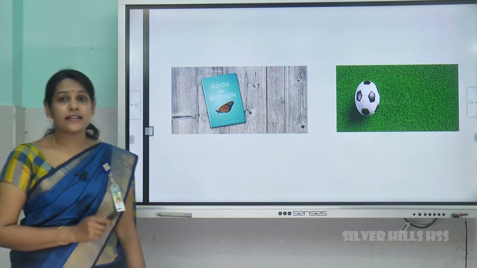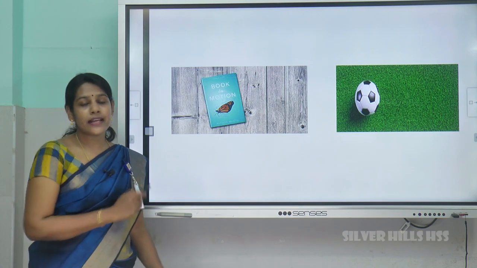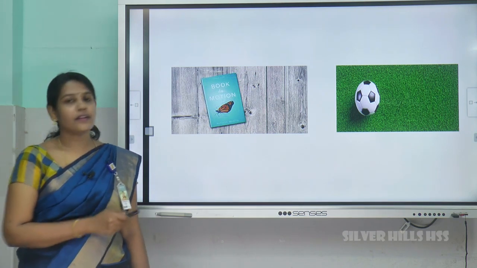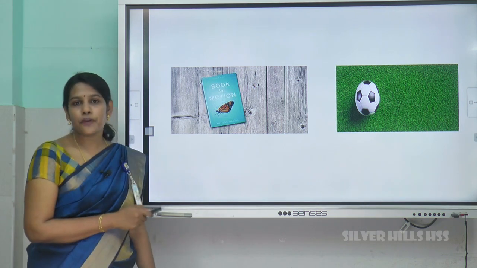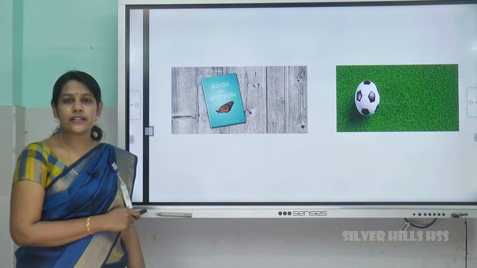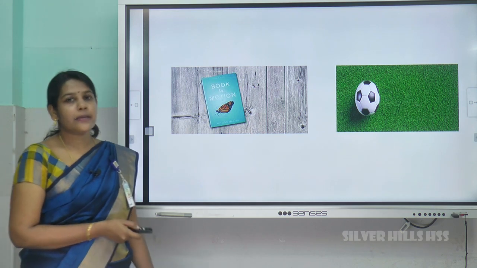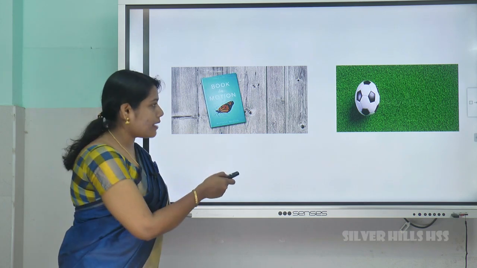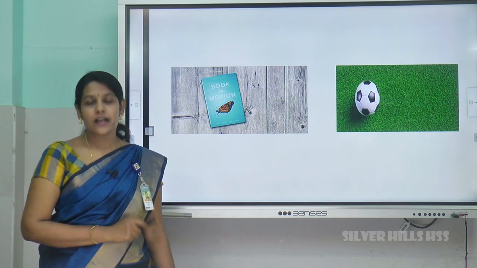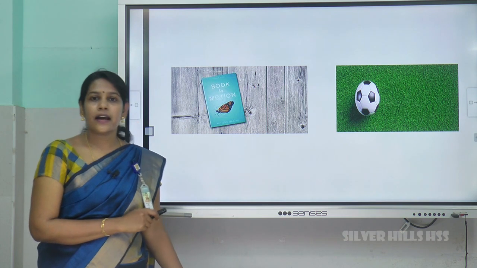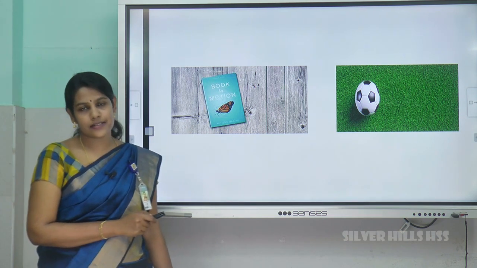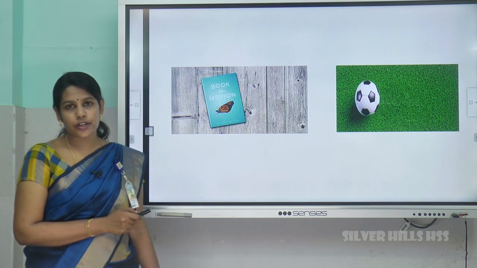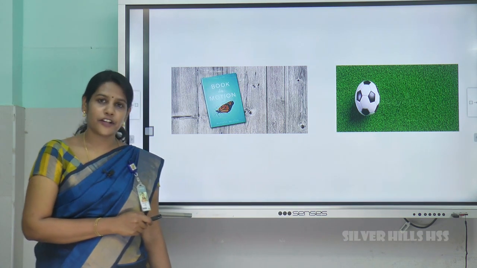Why does this happen? In both the cases, you can see that it stops after a while. This is because there is a force acting between the surfaces in contact. That is, between the surface of book and table and between the surface of ground and ball. This force stops a body from moving to a long distance. So such a force that opposes the relative motion of a body is called frictional force.